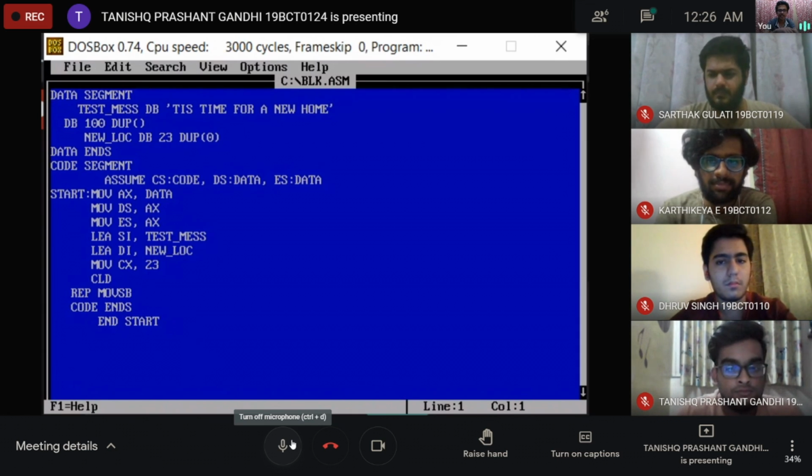CLD means clear direction flag, and REP MOVSB, after moving the first character from the input location to output, automatically increments the SI and DI pointers to point to the next character and next location, and decrements CX. This continues until the value of CX is 0, and hence we conclude that the whole data, which is 23 bytes, has moved from the starting address to the destination address.